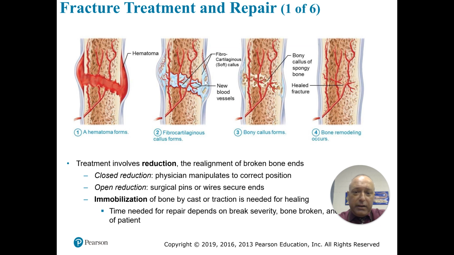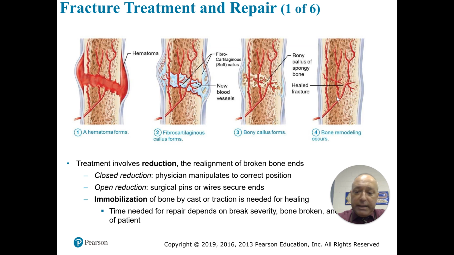So you get cartilaginous lay down where this hematoma was, and it promotes a lot of new blood vessel formation. Then the spongy bone is laid down, as well as the more cartilaginous bone, and the fracture heals